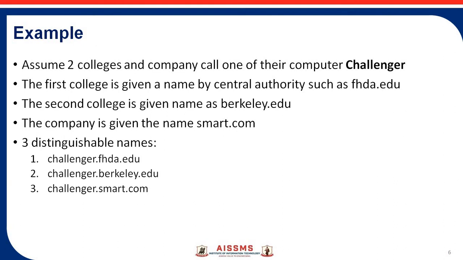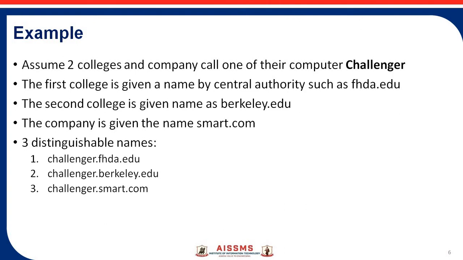Assume two colleges and a company call one of their computers challenger. The first college is given a name by a central authority such as fhda.edu. The second college is given the name berkeley.edu, and the company is given the name smart.com. When each of these organizations adds the name challenger to the name they have already been given, the end result is three distinguishable names: